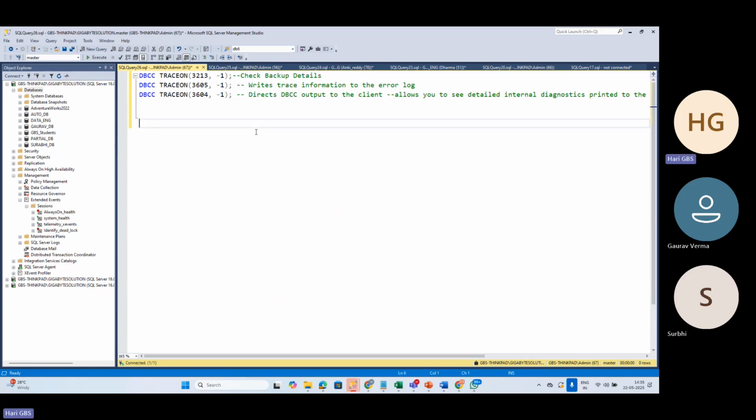A trace flag will change the behavior of SQL Server. For example, you are taking a backup of a database. Backup database, database name is AutoDB, to disk equal to